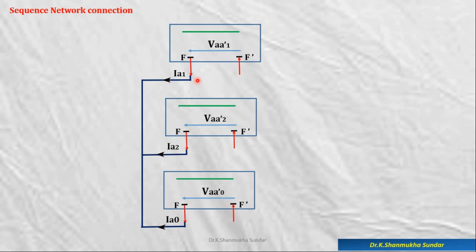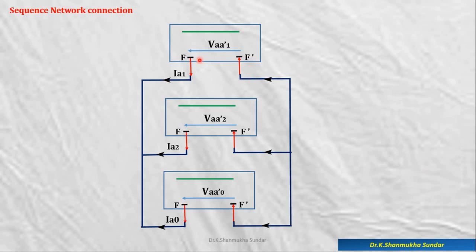Is it clear? That means what? Parallel connection means what? Can you tell me? So similar ends are connected, isn't it? So series connection means dissimilar ends are connected. Now here all these three sequence networks we have to connect in parallel. So for a parallel combination, similar ends have to be connected. So similar ends means F, F, F, all these F's are connected and represent the corresponding sequence currents like this. Then what about the other side? F dash, F dash, F dash must be connected. Similar ends to be connected in order to obtain the parallel combination. You can see here, this is how it is connected.